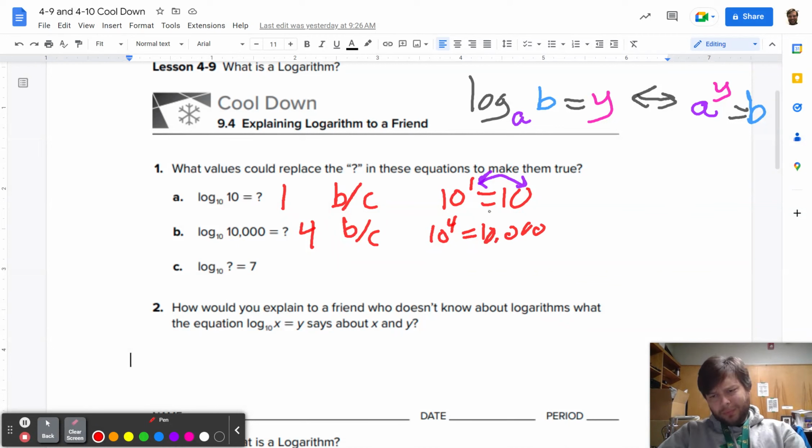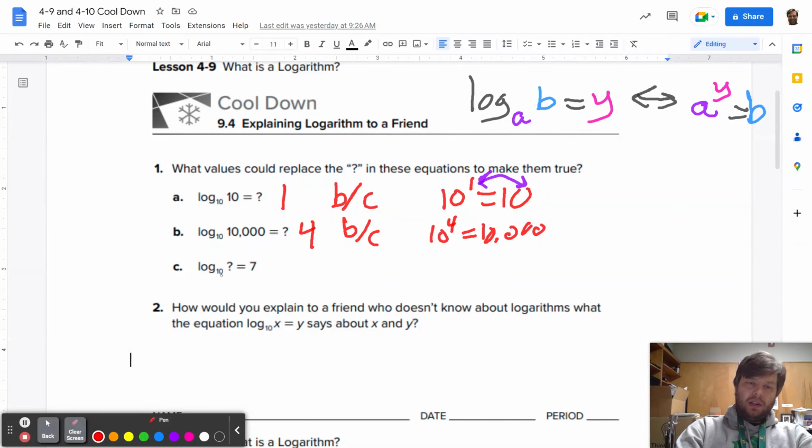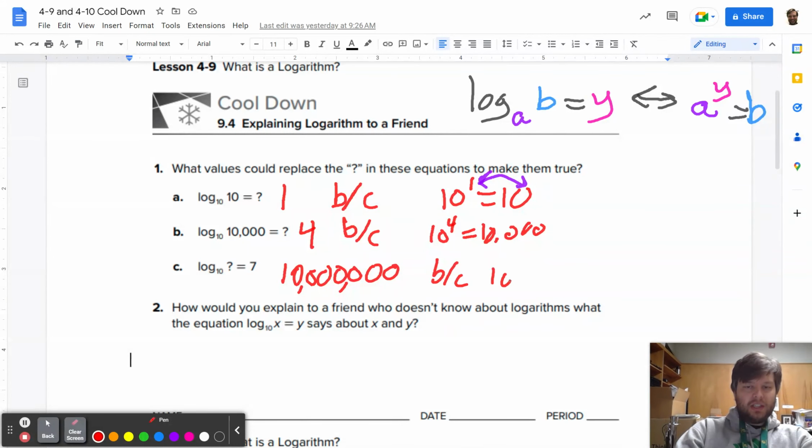Now, powers of 10 are nice because you just have to count how many zeros there are. Okay, and so that's a nice, easy way to know it's 4 because there's 4 zeros going on, and that means I did 4 powers of 10. Now, this last one's saying log base 10 of what is equal to 7. Well, I know it's going to be the number 1 with 7 zeros after it. And the reason I know that's true is because 10 to the 7th power equals a 1 with 7 zeros